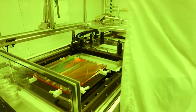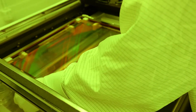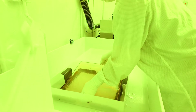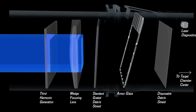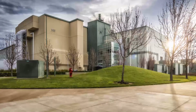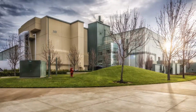The laser damage-resistant, anti-reflection grating debris shield, or AR-GDS, is a 43 by 43 centimeter transmissive optic with an optical diffraction grating imprinted on its surface. This grating redirects a small fraction of the main beam to a diagnostic package used to measure the energy of the laser. LLNL developed the AR-GDS to handle the particularly destructive environment of world-class fusion systems such as the National